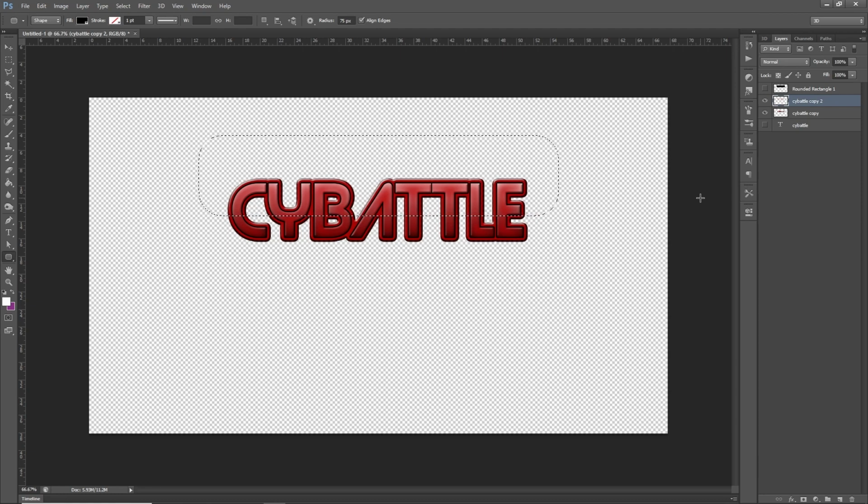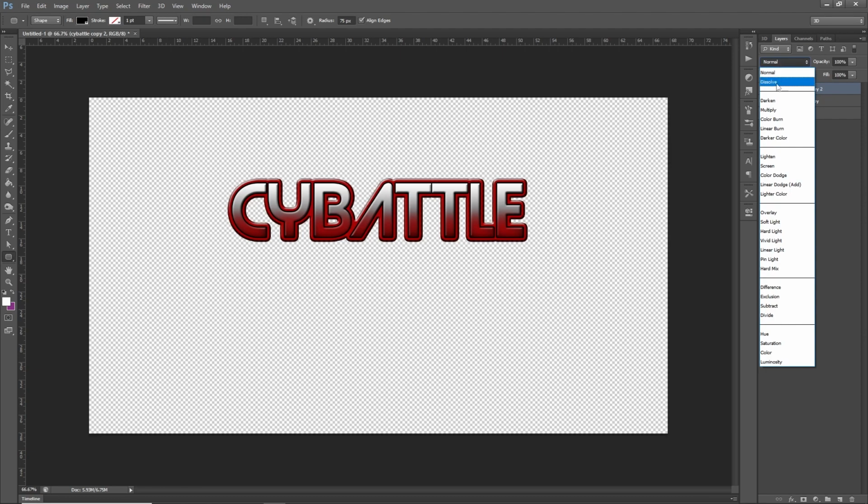And then I simply want to press delete. Go select and deselect, and so now we've basically cut out the top part and we've retained the bottom part. This rounded rectangle we no longer need, so we can drag that down onto the trash can or dustbin at the bottom. Now this Psy Battle copy 2, what I want to do here is change its blend mode, and